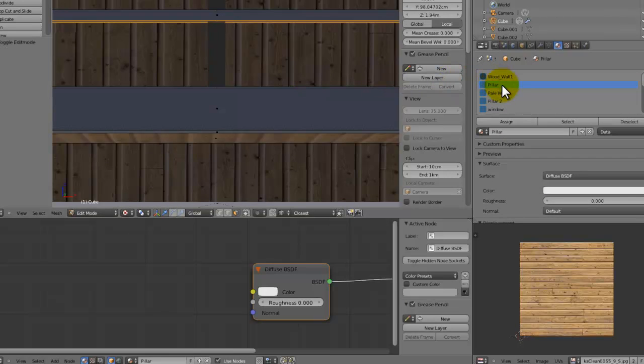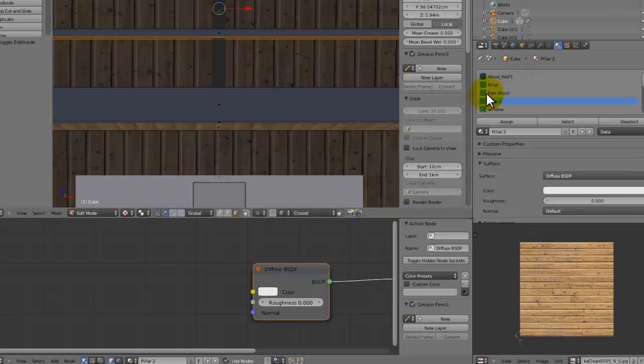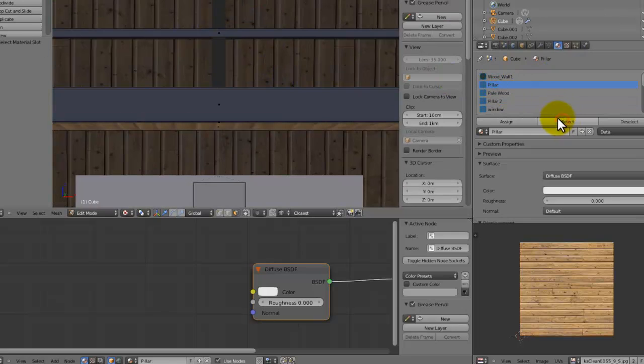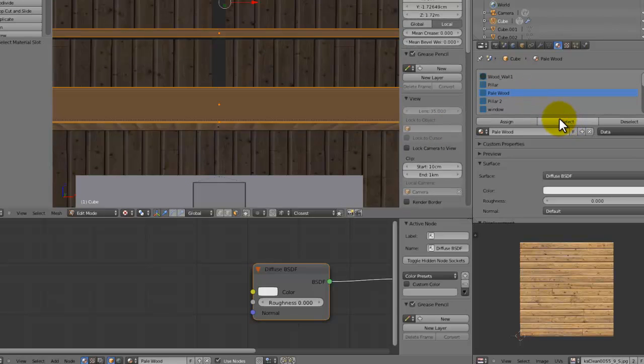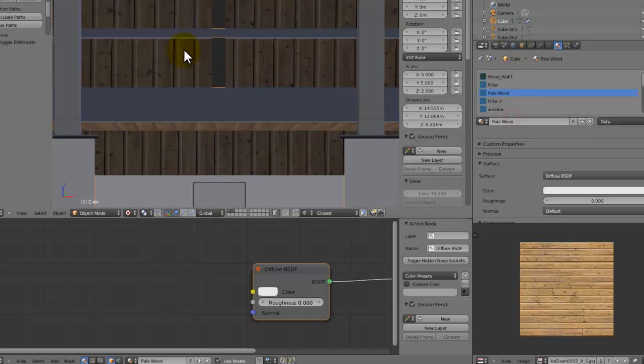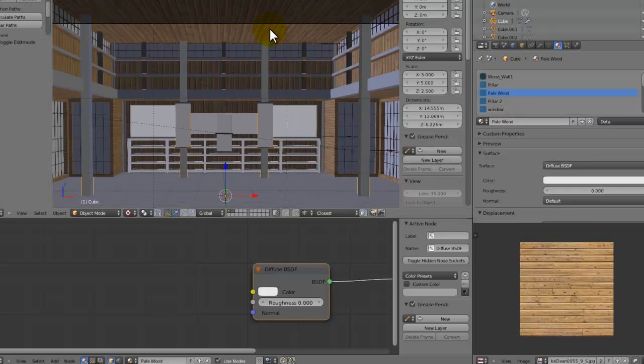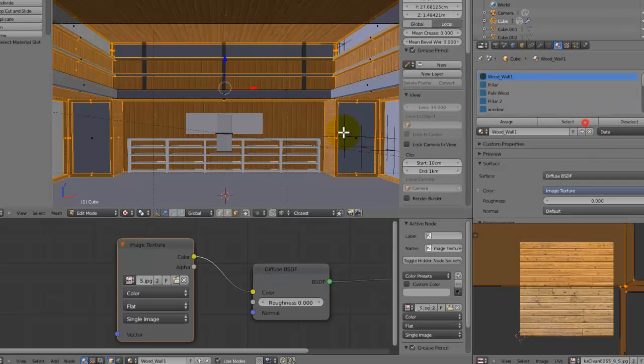it is that needs to be on. So if you just select the pillar material, pale wood. Okay, so pale wood, assign that. There we go. Yeah. Okay, so now we've done that, we can go back to wood wall 1, and we